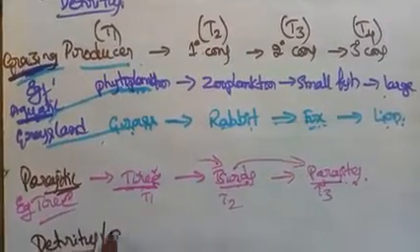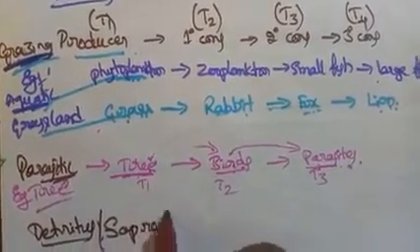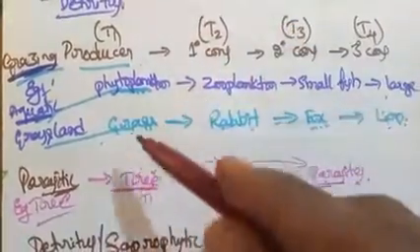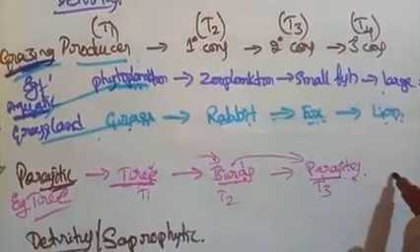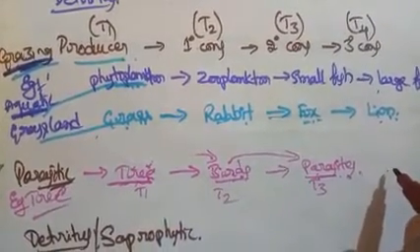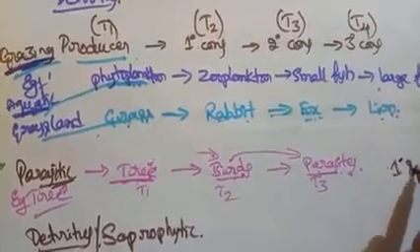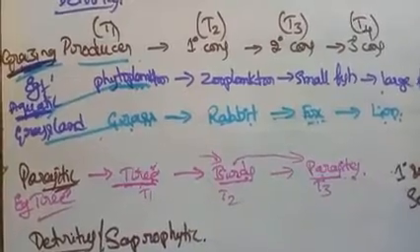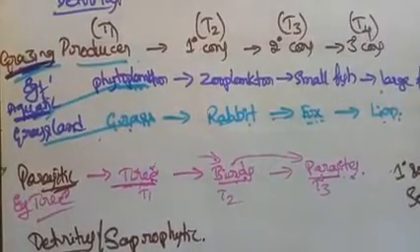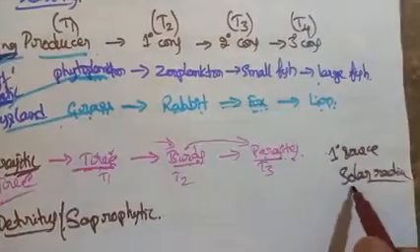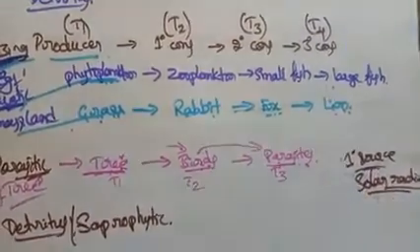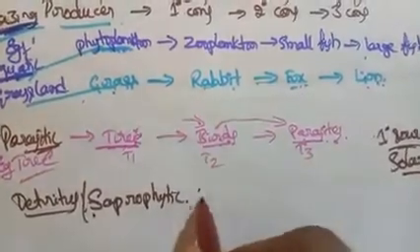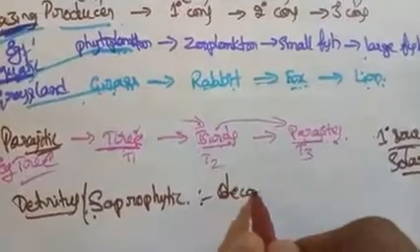Detritus food chain is also called the saprophytic food chain. In the above two, grazing and parasitic, we can see the primary source for a food chain is solar radiation. They are dependent on solar radiation as their primary source of energy. But the detritus or saprophytic food chain always begins with the decomposition process.